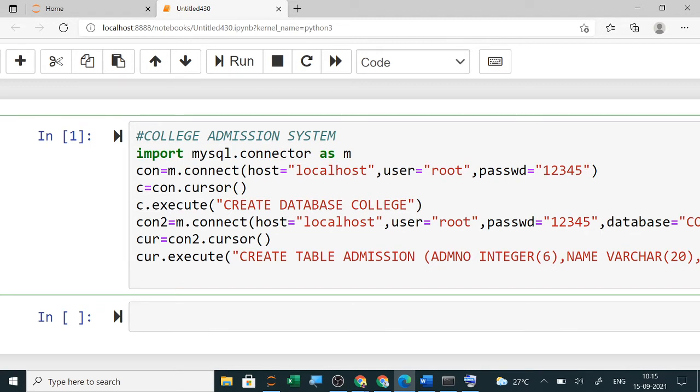For that you can use a for loop, and you can ask the user how many records you want to insert, and directly take those values inside a for loop and insert the values. Here the format is a little bit different for the insert query, so you have to see this carefully.